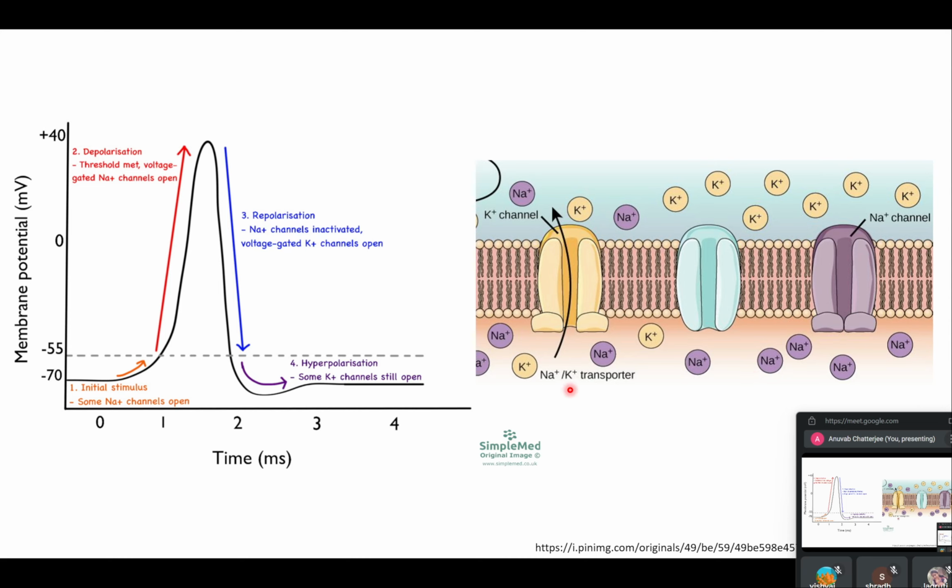Thus there is a decrease of positive ions inside the entire cell, which causes the entirety of the inside of the cell to start getting repolarized. So positive going outside of the cell decreases the positive ion charge inside the cell. So we have negative coming back again. This negative actually is indicated by this decrease in the slope back to its original position.